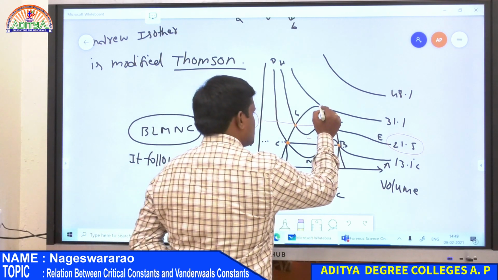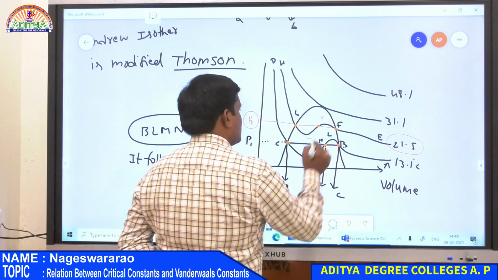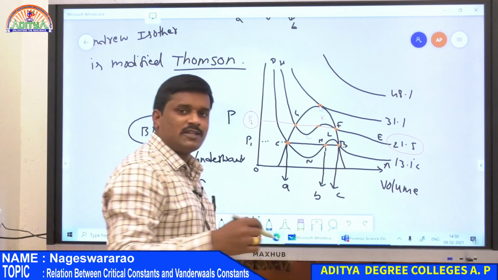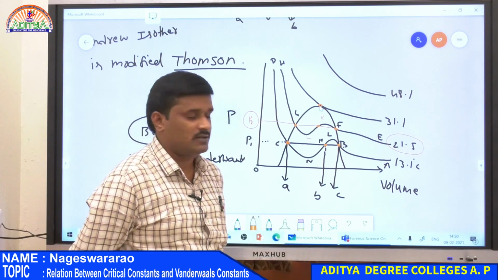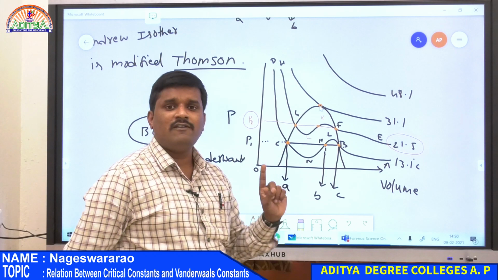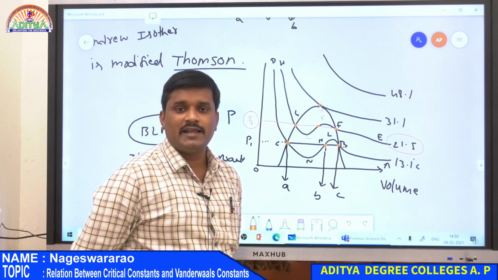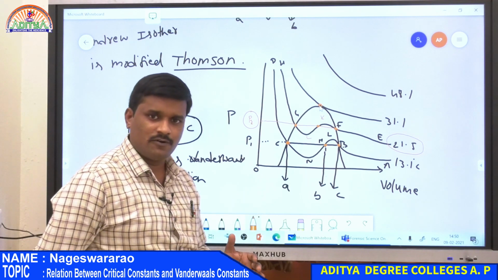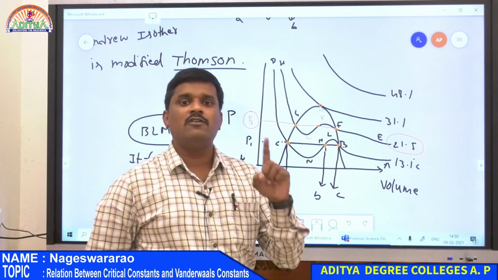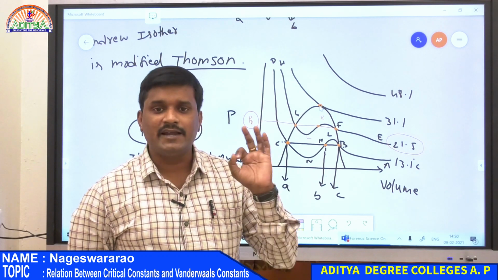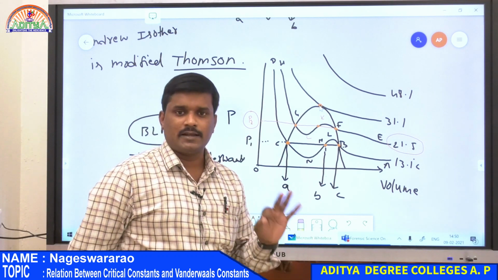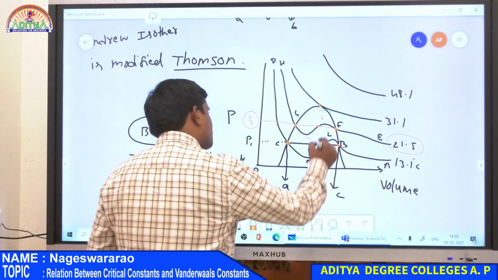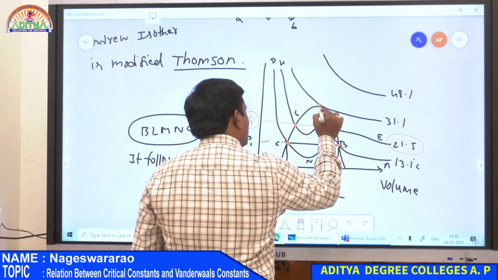But at critical temperature, in this case we have only one volume. Therefore, in both isotherms, Andrews as well as Thomson, we have only one value of volume at its critical volume or critical temperature, or simply critical condition. Therefore, every gas has only one volume only at critical condition, that is at critical temperature, critical pressure and critical volume. Therefore, at this point only we have one volume.